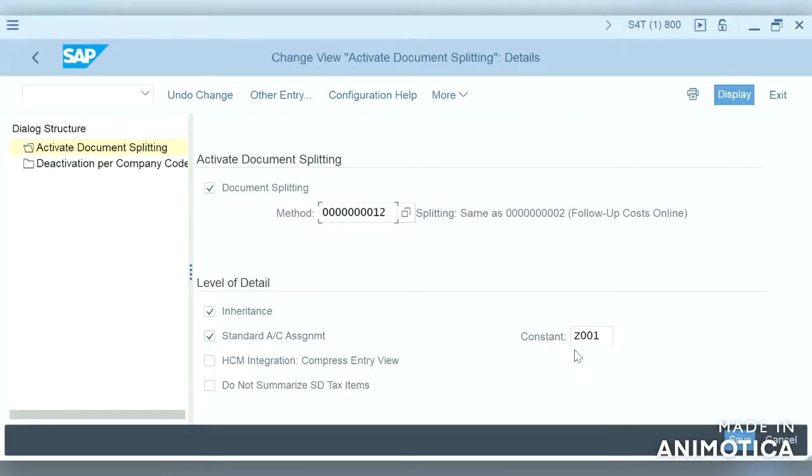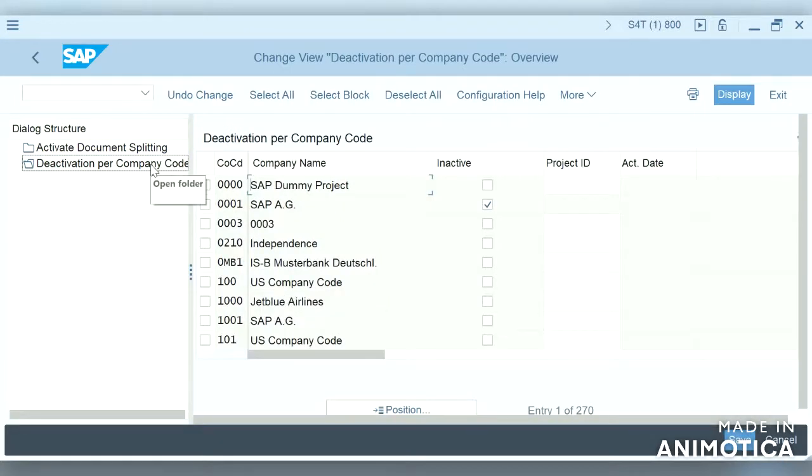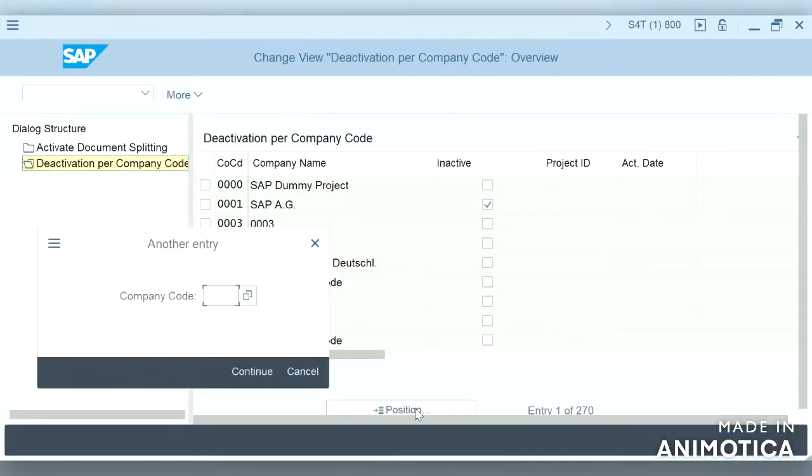So we will update this constant. Activation of document splitting happens at client level, but it is always possible to control activation and deactivation at company code level. So we have already activated even in company code level.